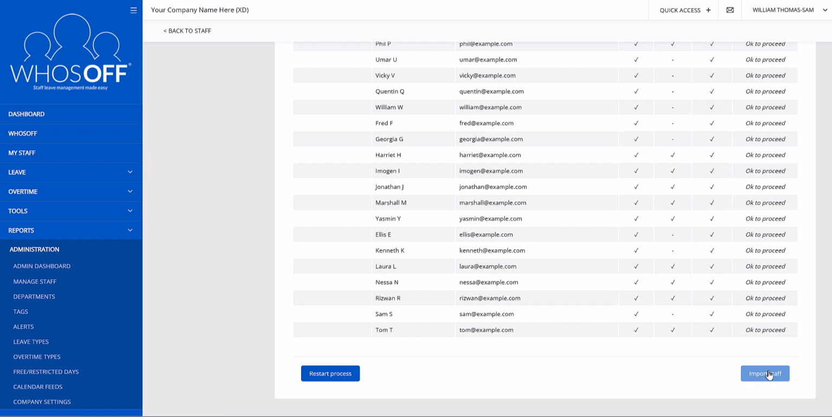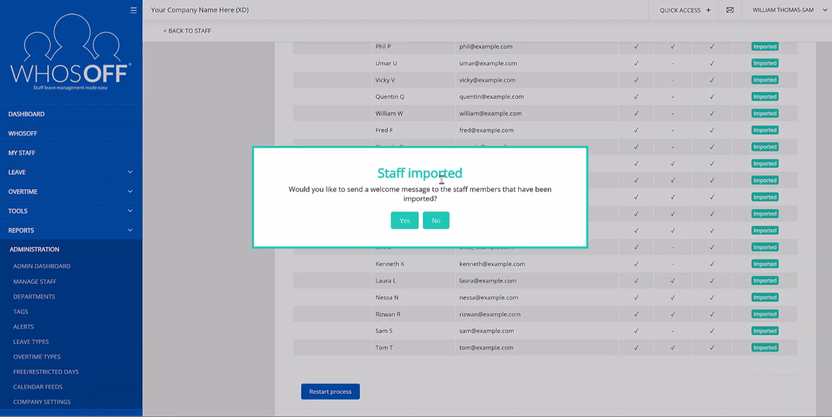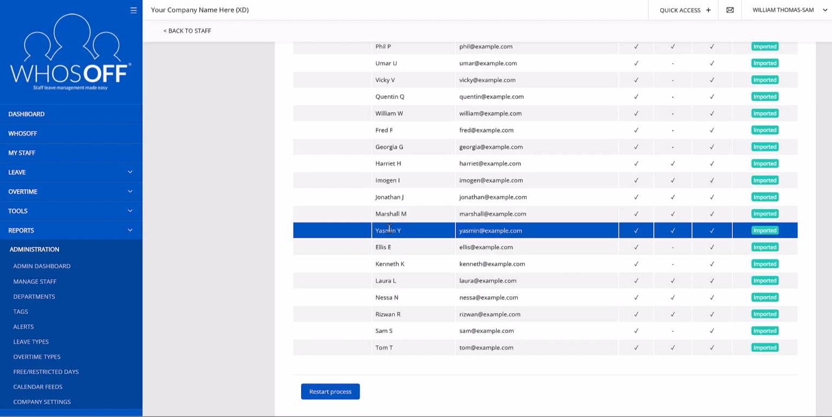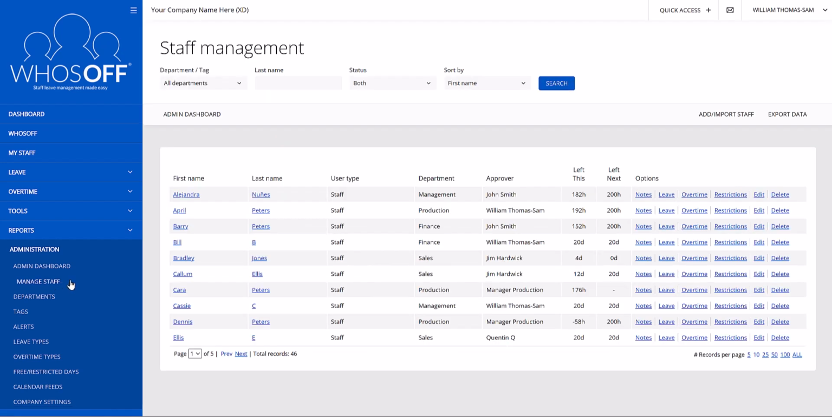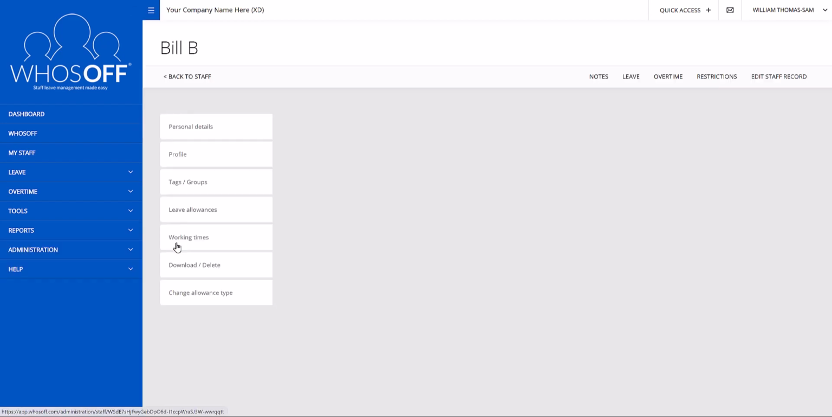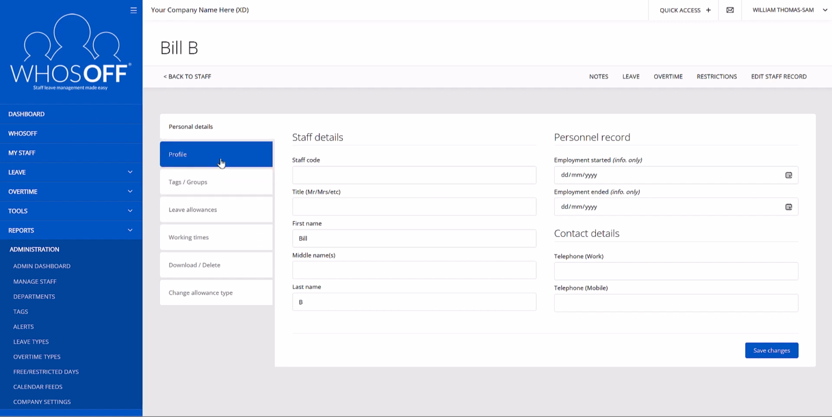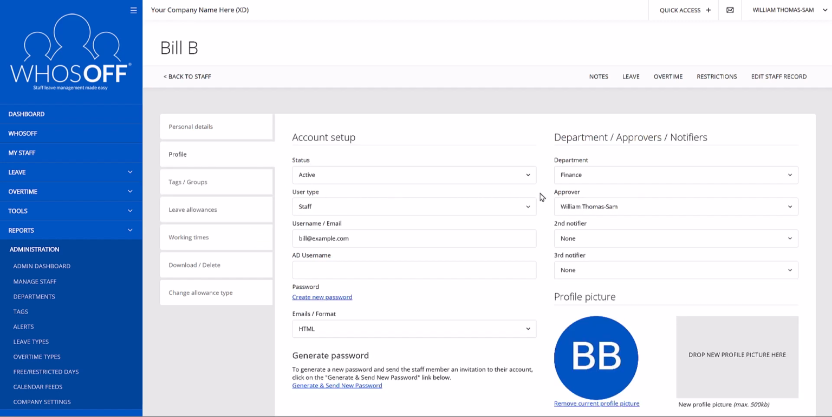By clicking on Import Staff, all of our users are imported, and while we could send them a welcome message at this point, we might choose not to and do so later once we've fully set up the system. Now that we have our staff members added, we can edit their details or change their settings via the Manage Staff section. As this comes under administration, only super users will be able to do this, but by clicking on an individual, I can update their profile and information such as their department or who's set as their approver,